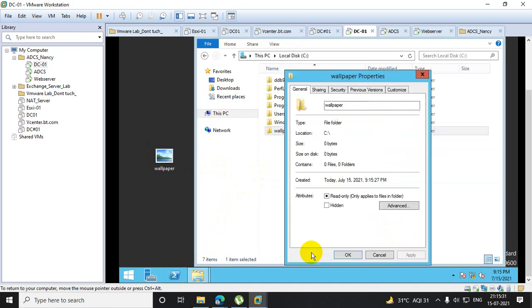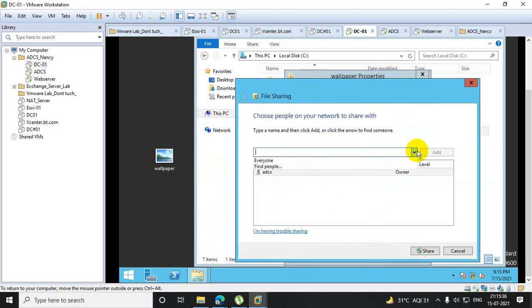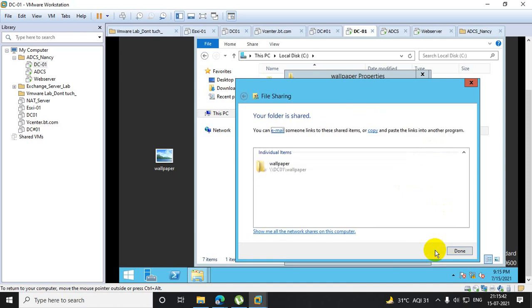Select that folder, click on Properties, Sharing, Share, click on Everyone, Add, Everyone, Read/Write, Share. Done.